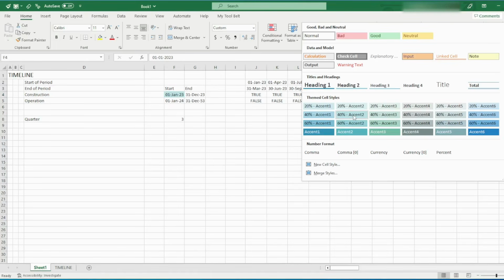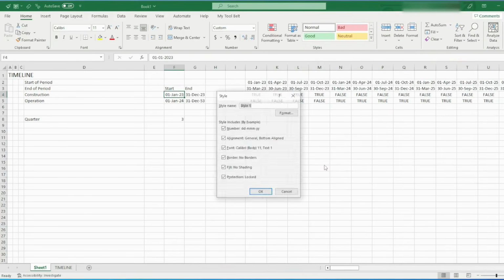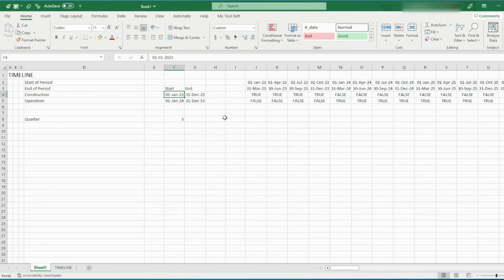Okay, so let me see how to do it in here. So I'm going to create a new cell style. Okay, so I'm just going to delete everything here because I'm only interested in styling the number, and I'm going to call this, I'm going to put a hashtag and date. Okay, and I'm going to save. Okay, so now whenever I want to style a date, let's say we have 1/1/23 here. Okay, and I want to style this,